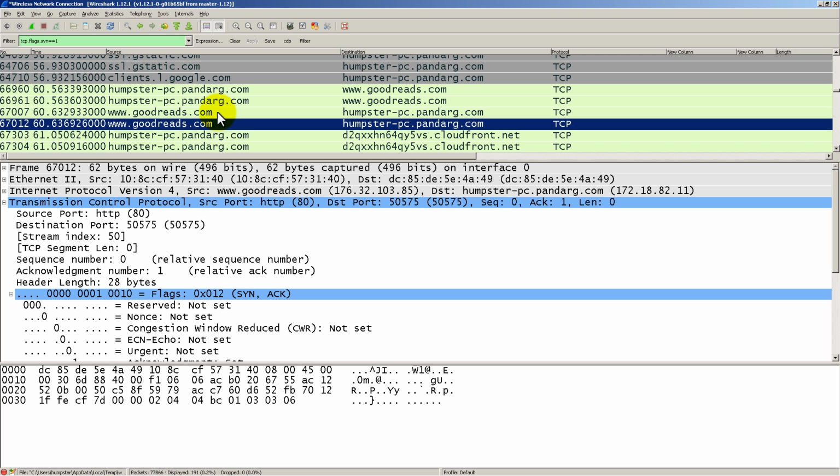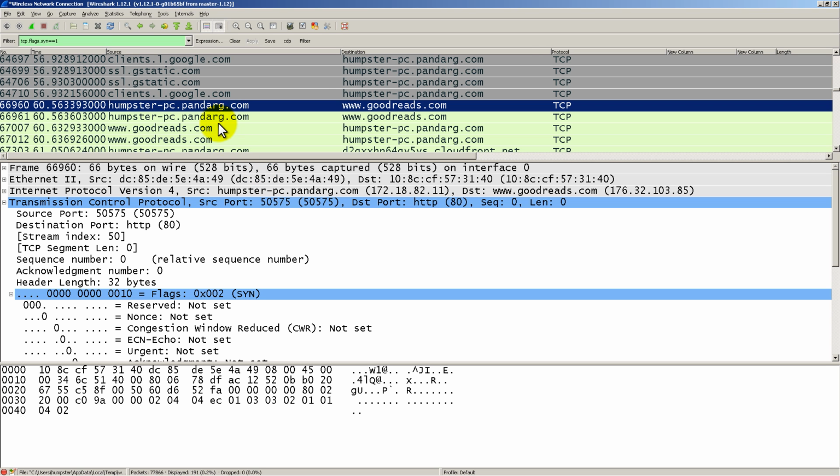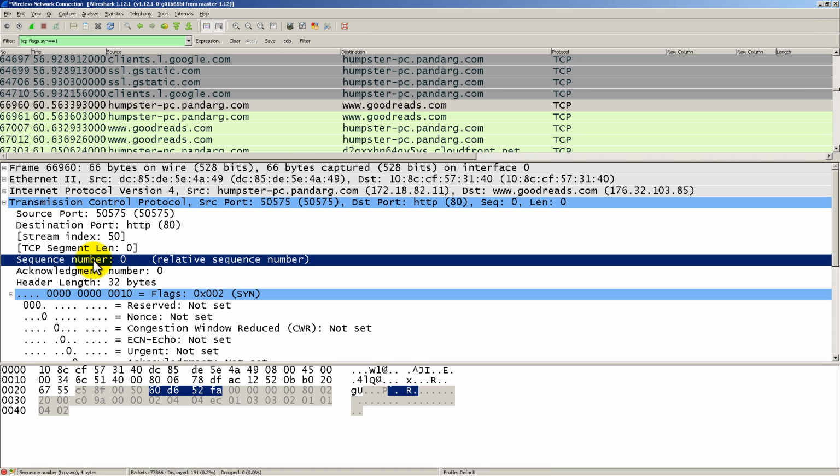All right, so SYN, SYN-ACK, and ACK. Let's see, we have a question. How can we actually see the initial sequence number in Wireshark? Okay, if you want to see the initial sequence number, here's what you do. We click on My Computer to Goodreads. You go down here to sequence number where it says it's a 0, but when you click on that,